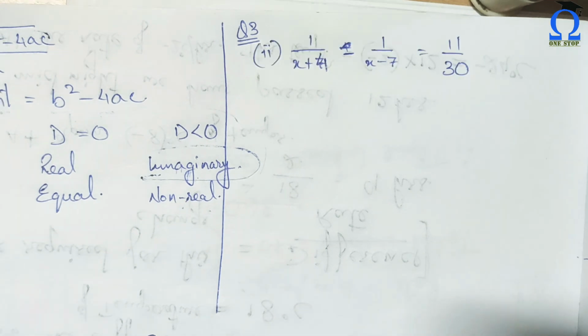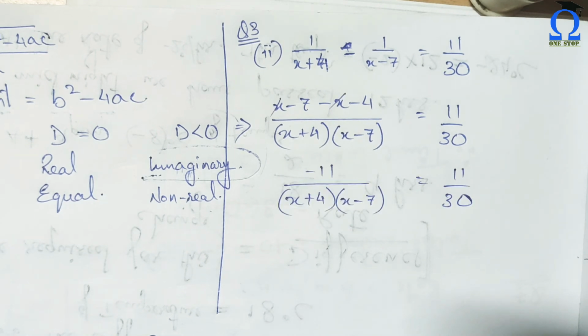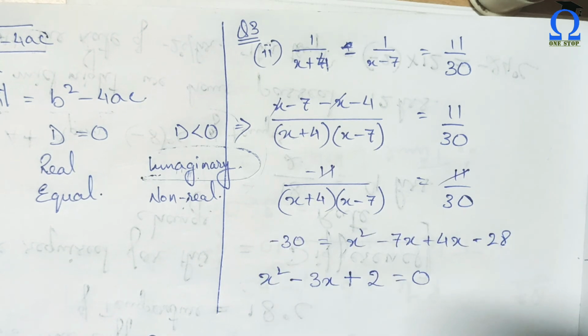So we have a simple equation here. Now we just have to solve the equation and form the quadratic equation by simplifying it using the LCM method like this. Okay, now by using cross multiplication, we can solve this further. So our equation is x square minus 3x plus 2. Okay, we will be solving this with the help of the quadratic formula.